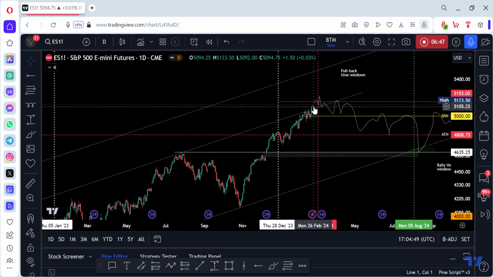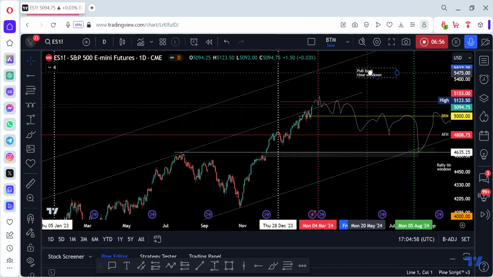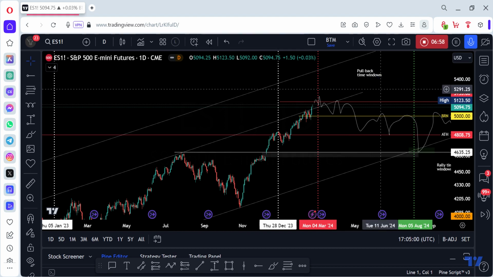But right now, we're still probably going to push a little bit higher. I'm not going to call the top. I'm not going to try to short the top because many have tried and failed. I don't want to be that guy. Okay. So what I do, if I'm really calling the top, I trade very small. I use a large stop loss, and then I add to my position once my bias is confirmed. But I start with a very small position, something that doesn't hurt your account.